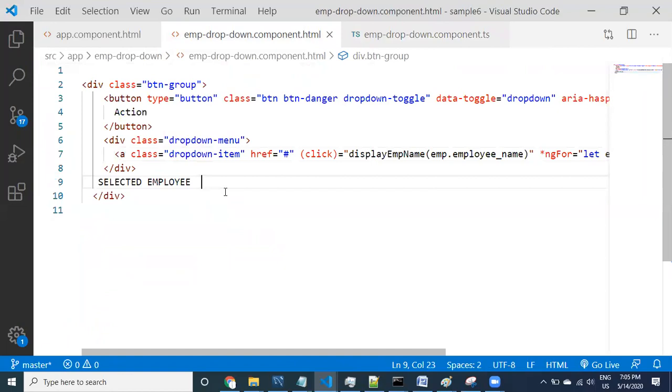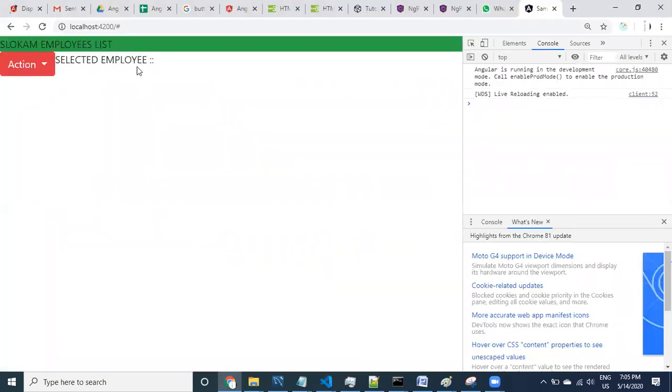Here, string interpolation. What is string interpolation? Selected employee, simply selected employee. Now just look at it guys. Where are we displaying this information? In the same component. By default, no value is available here, that's why it is displaying nothing.